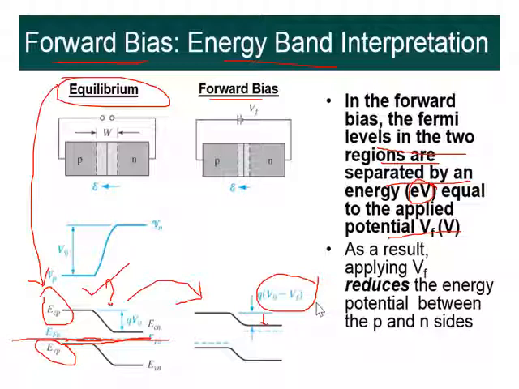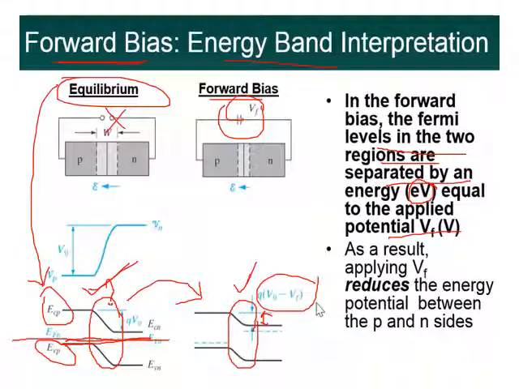See the distance between these two points. Or I'll make it very simple. If you observe the bend here in forward biased condition, and you observe the bend in equilibrium, what is our observation? Our observation is that here in forward bias it is not that much bent, and here in equilibrium comparatively we have a steeper bend, right? That is due to the application of this voltage itself. In equilibrium we are not applying any voltage, right? So that is the ideal condition.